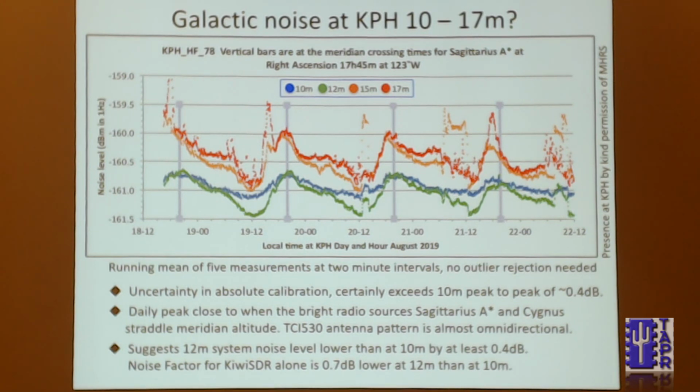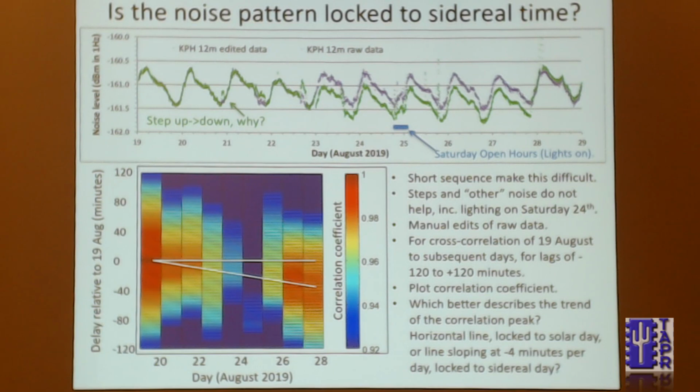And if we look across, one of the reasons we think this isn't associated with solar activity is that, in fact, we can see that the time of the peak does drift the 4 minutes per day that's associated with the movement of the Earth relative to